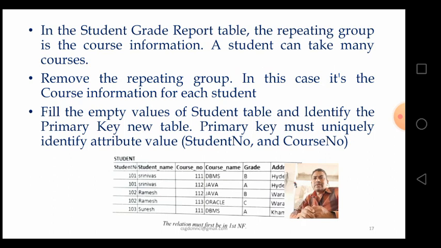Course number is another table where repeated values are there, and those repeated values can be managed in a different table. That is the first normal form.